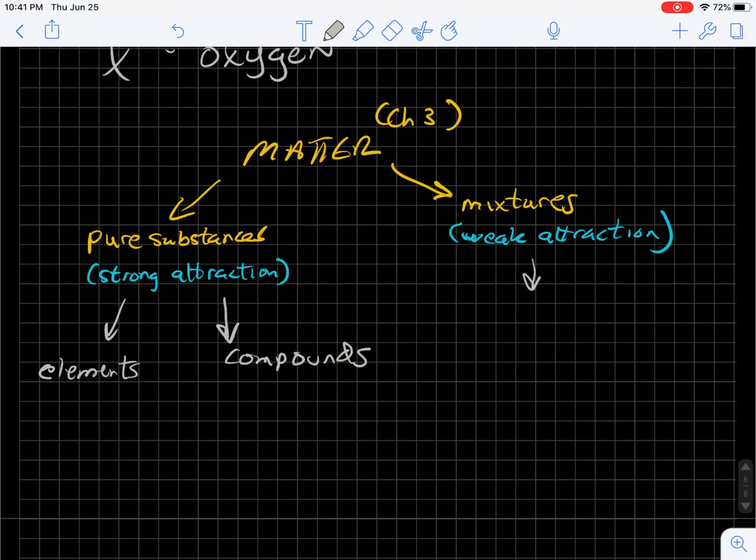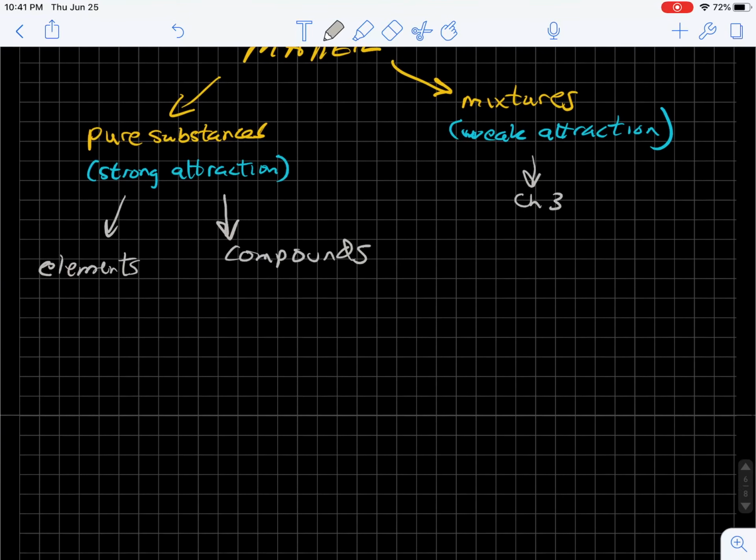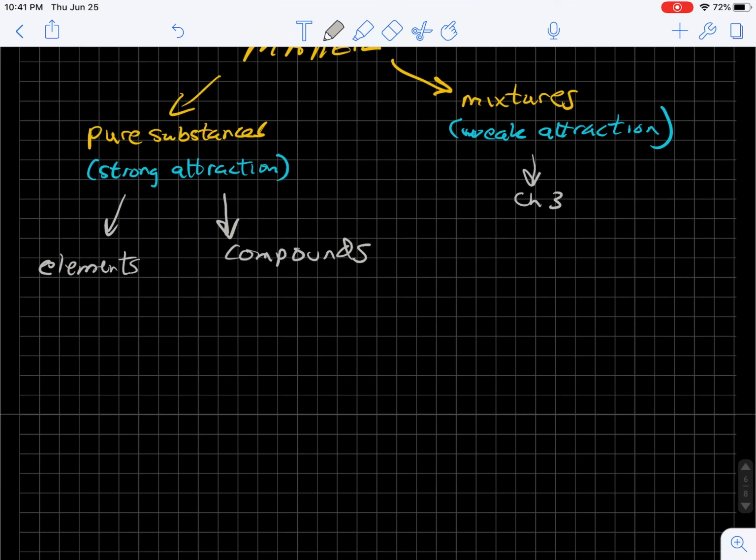And mixtures, we're going to deal with colloids, suspensions, and homogeneous solutions when we do chapter 3. So we're not going to worry about it for now. We're going to focus on pure substances. All right, elements. You think of elements as atoms, but the truth of the matter is elements and compounds both